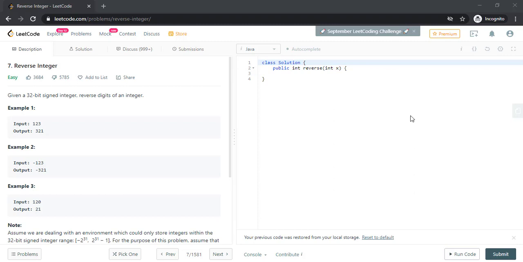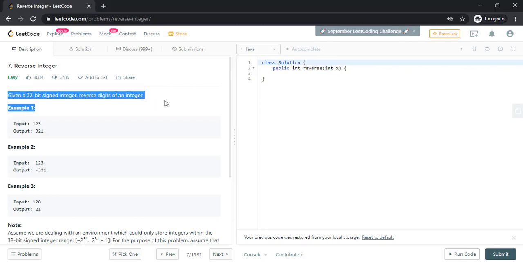Hello friends, in this lecture we will be talking about how to reverse an integer in Java. So friends, this will be a LeetCode problem and this is our new series in which we will discuss LeetCode problems. And this is our problem statement, guys.